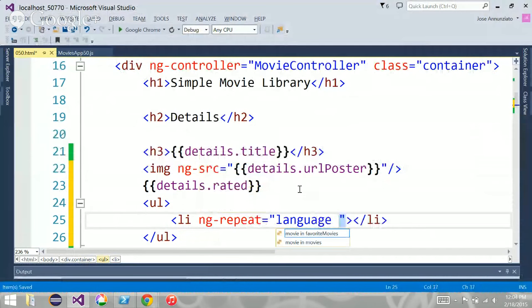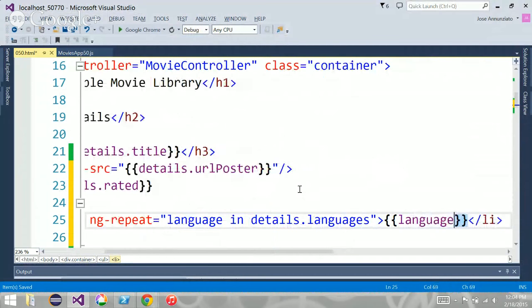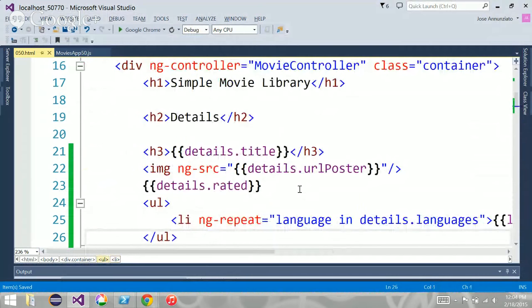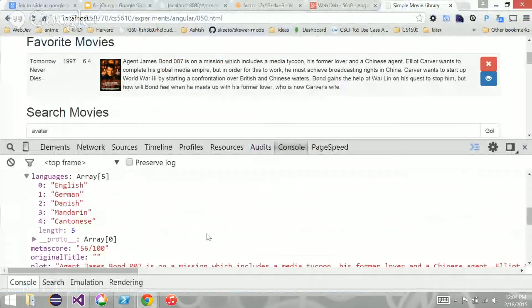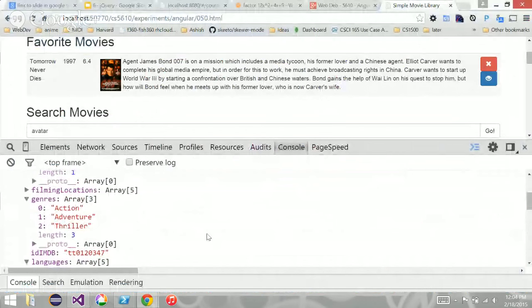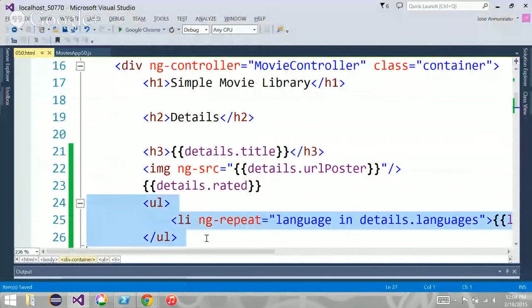Language, right? In details languages, details languages, right? And in here will be the language, right? What else? What object? What else do we have? We have the year that it was. We can have the genres too.